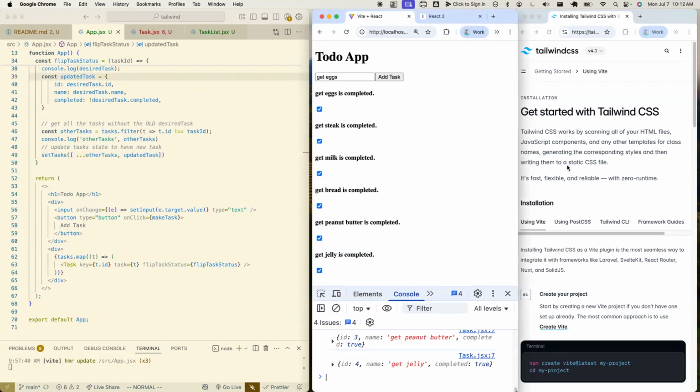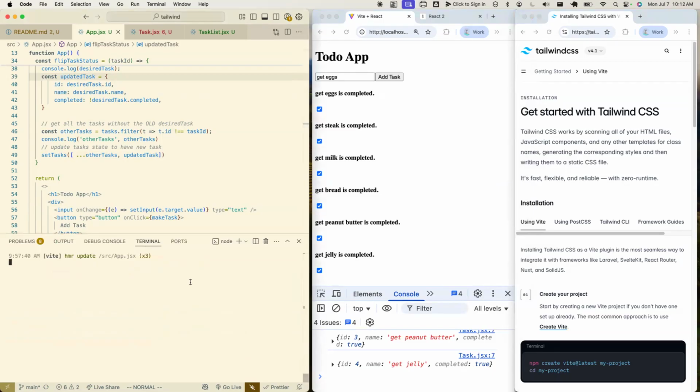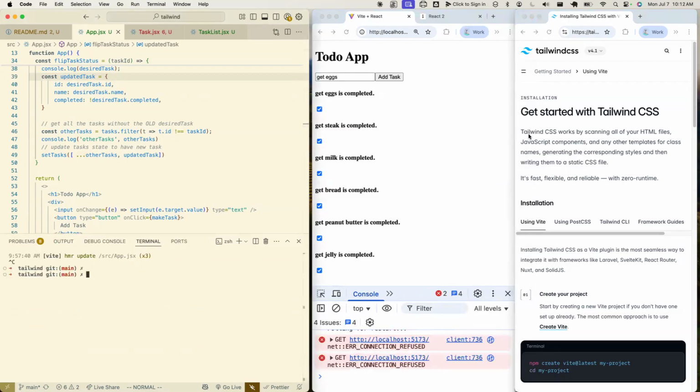So there's a couple steps here for Tailwind for installation. It's going to depend on what framework you're using and what build tool you're using. Since we're using Vite and React, we're going to follow the Vite build instructions. I do also want to point out one thing that's actually really important up here where it says Tailwind V4, V4.1. Tailwind switched from version 3 to version 4